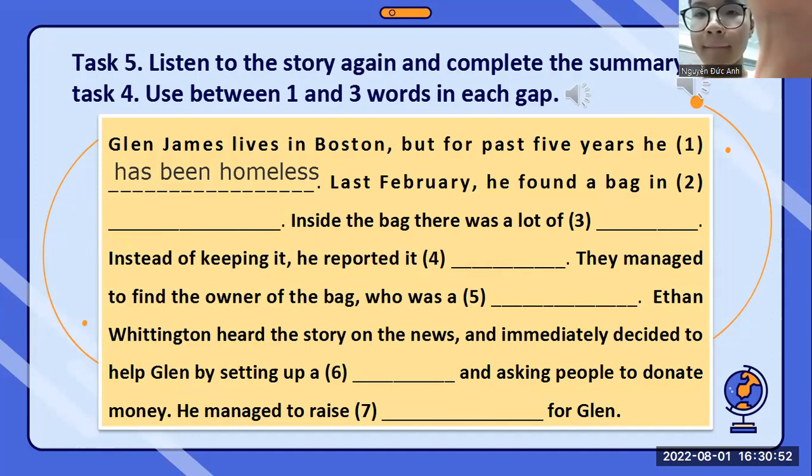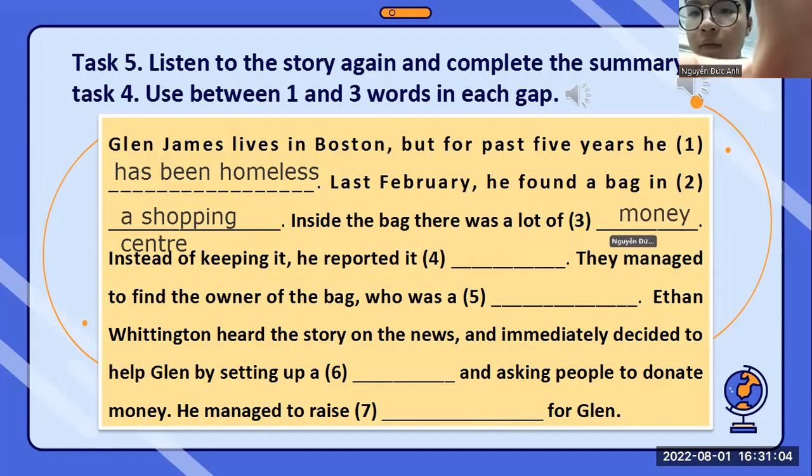He couldn't believe his eyes. There was $42,000 in cash and traveller's checks in the bag. James didn't think for one moment of keeping the money. He left the shopping centre and stopped a police car that was passing and handed the bag to them. The bag also contained passports and tickets, and the police soon found the owner of the bag, a Chinese student